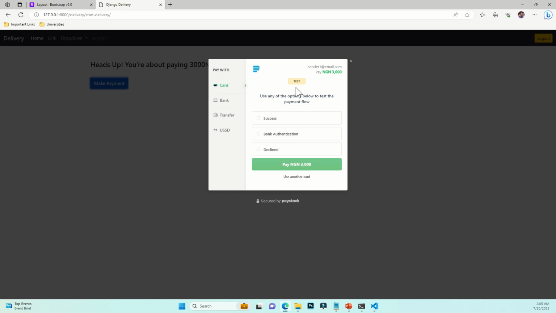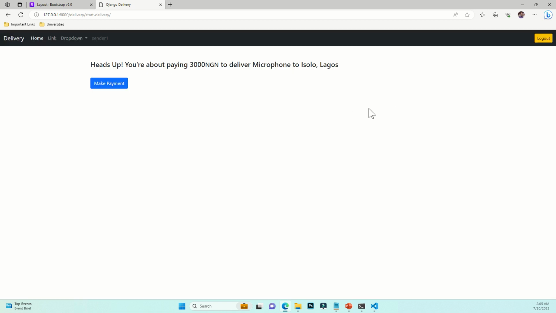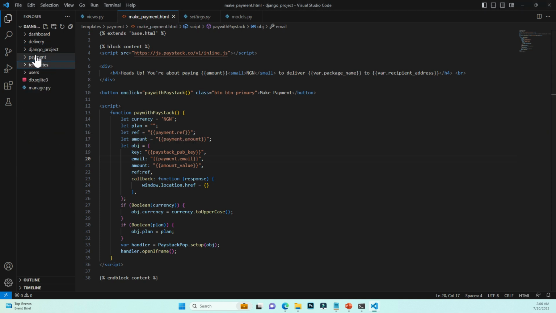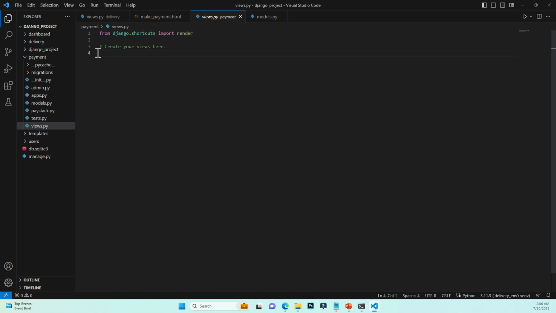Yeah, just a typo actually. If I click this and I click pay, this is going to crash, right? Because I don't have anything that's going to verify that the present delivery has been paid for. So we need to do that very quickly before we can complete what we're trying to complete. To do that, we simply need to go over to the Django views, payment views, and then do something from there. So come over to views, all right, and then we are going to do